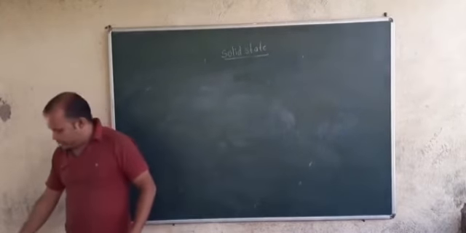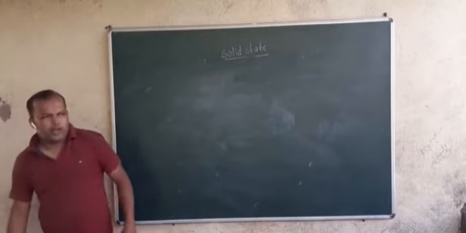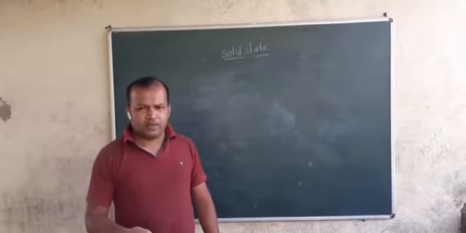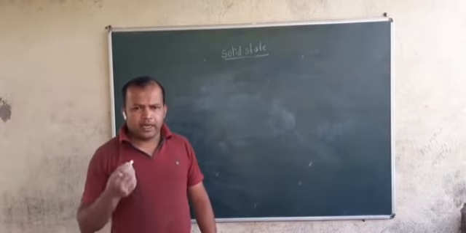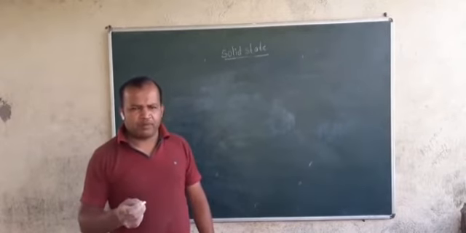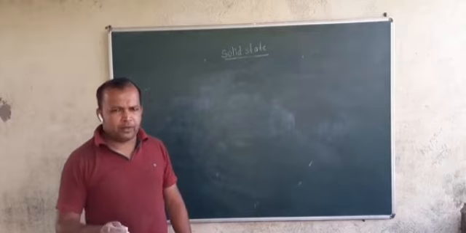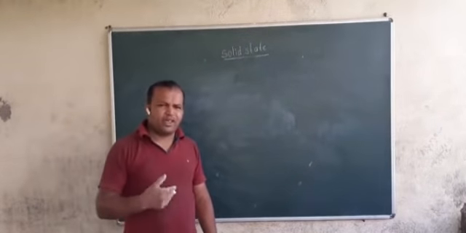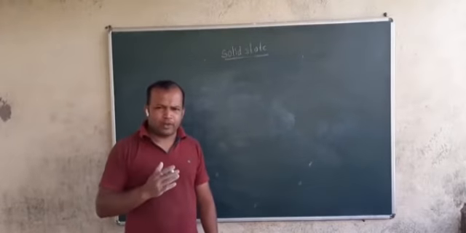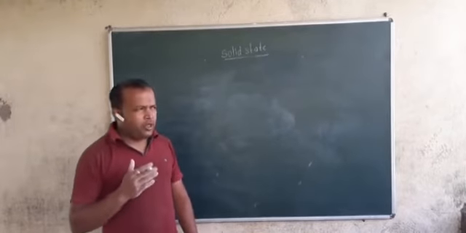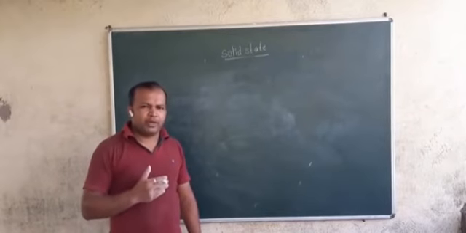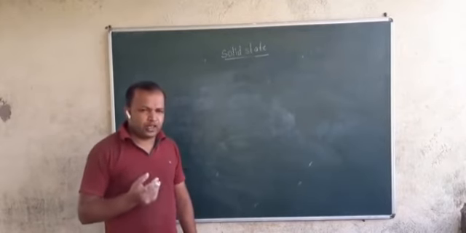Students, the next point is very important. If the question is asked how many types of crystal systems are there, then there are 7 types of crystal system. How many types? 7 types of crystal system and 14 types of Bravais lattice. And what is this Bravais lattice? Now I am going to explain it to you. And with a short trick I am going to explain how to remember all these 14 Bravais lattices and 7 types of crystal system.